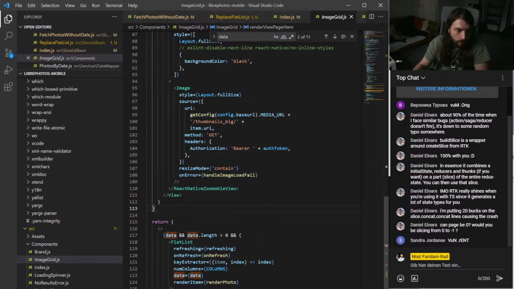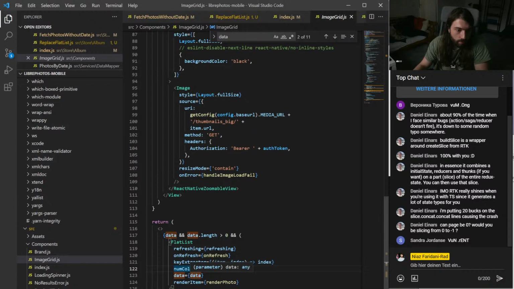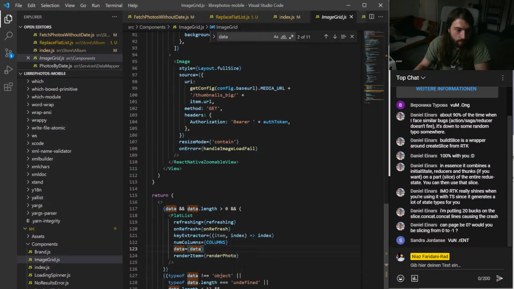Data and data.length larger than 1, then add flat list to data. Okay. If it's not an object, right. And data.length.